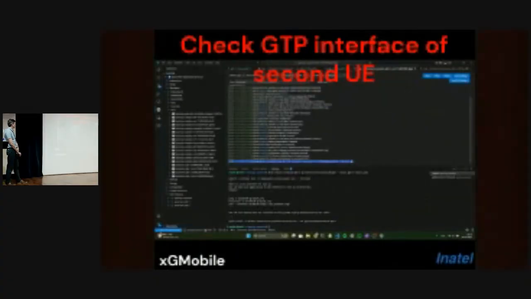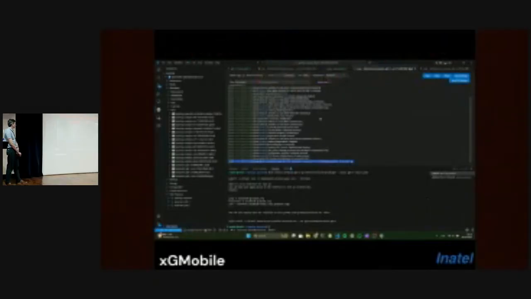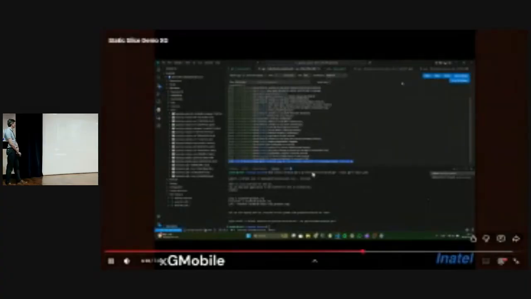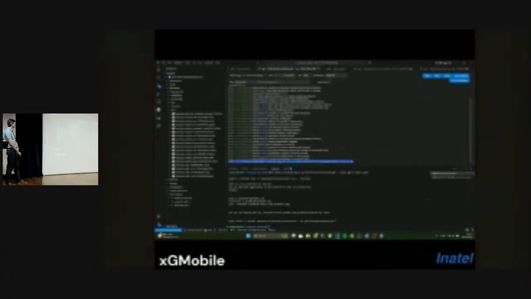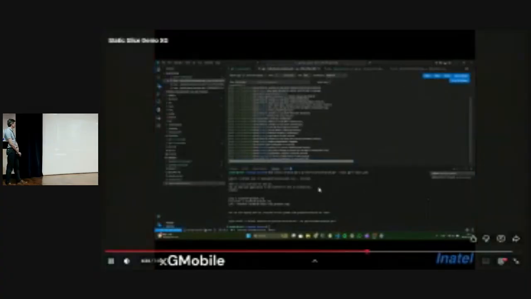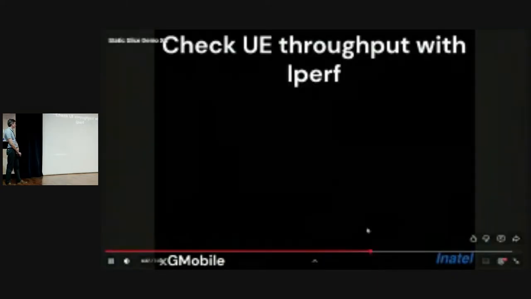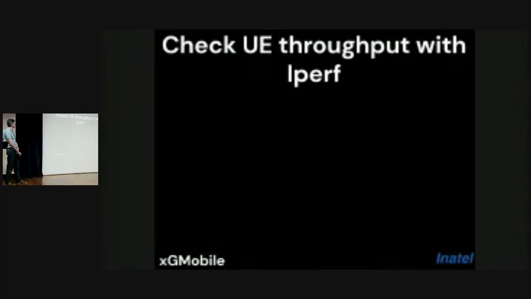The GTP tunnel of the second slice is okay. Now I will check the throughput of the slice I created using iPerf.